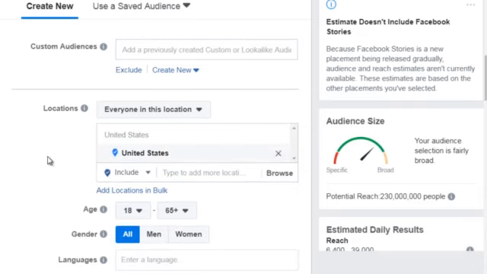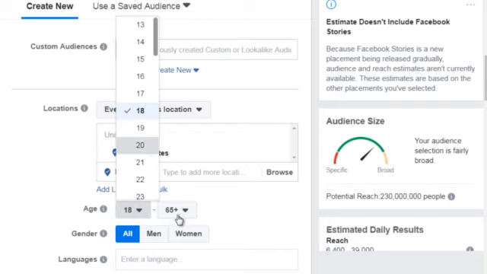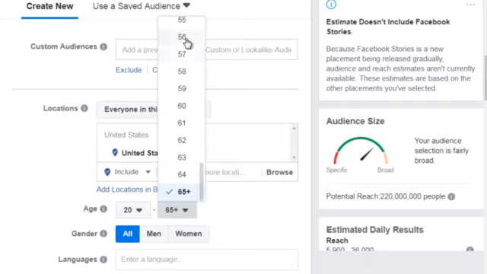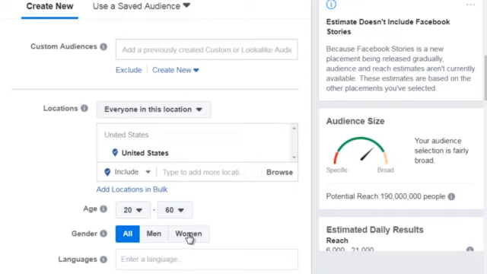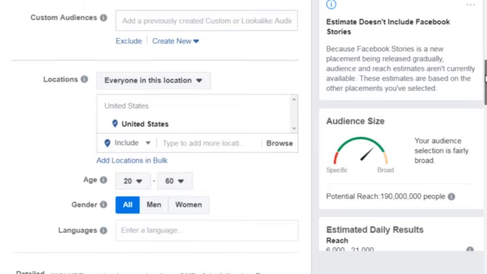Now, location allows you to specify a specific location. So if you want to do custom audiences, anybody who visited a specific page, but is also located in the United States and is within the age bracket of, let's say, 20 to 30, or even 60, and we only want to focus on men or women, and we only want to focus on a specific language, or we want to do all. So as you are changing these items here, you're going to see a little meter on the